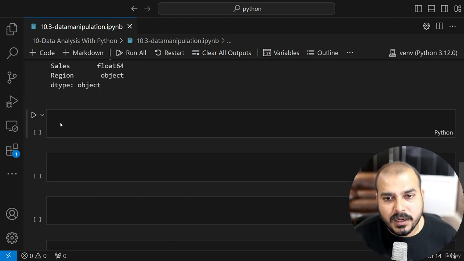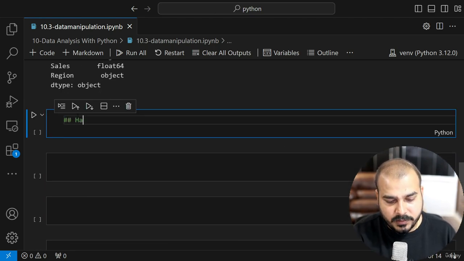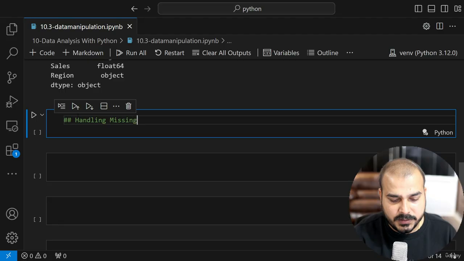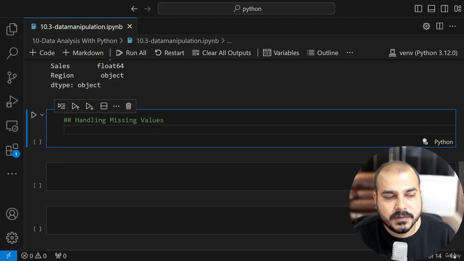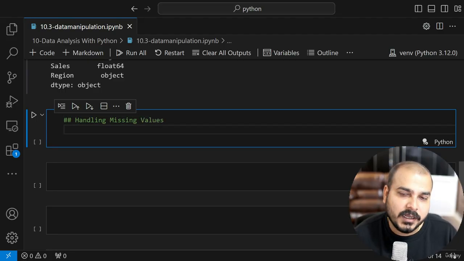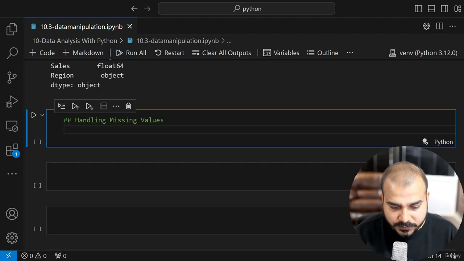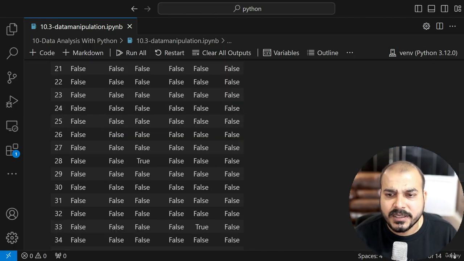Okay, now let's go ahead and discuss handling missing values. So first of all, once we read any data, there will be chances that there are missing values or not. So if I write df.isnull() and execute it,